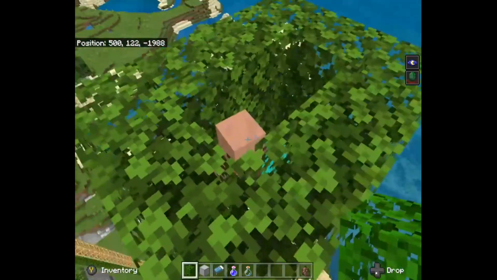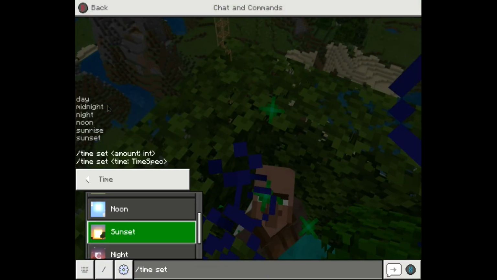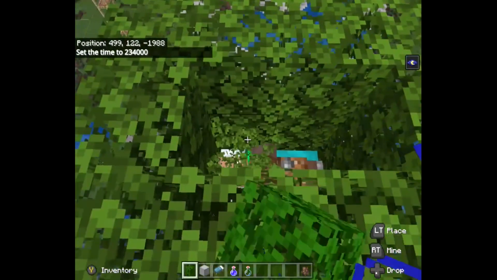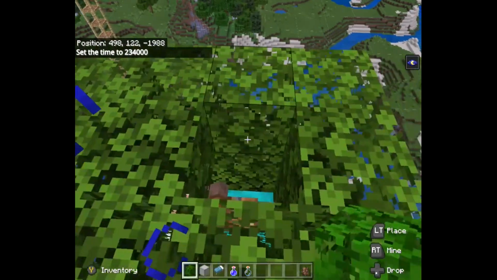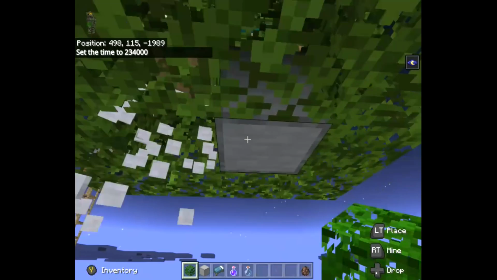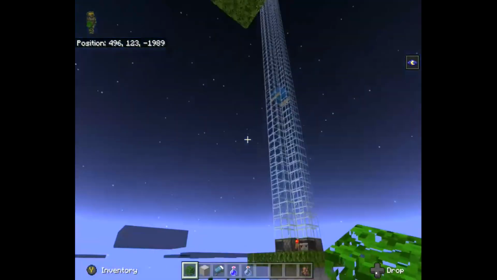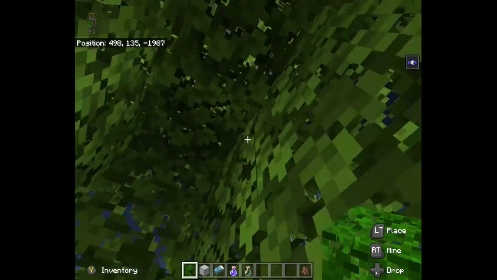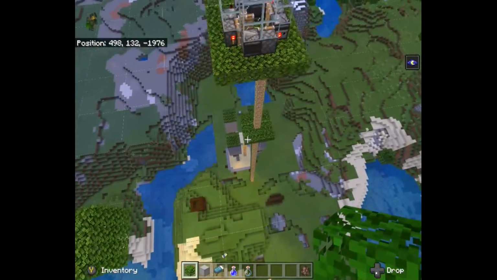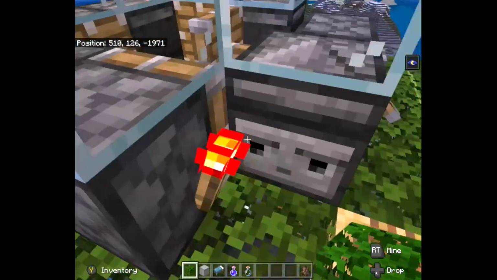Wait for it to become nighttime. Let him go to sleep. Not there, but here. Also, don't forget to break those blocks and replace them with leaves. You can leave this or break it, your choice, because there's no bed or no villager there, and you are all set. Now, we need to turn on our